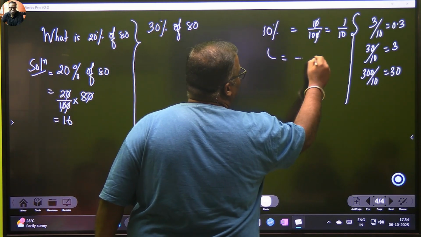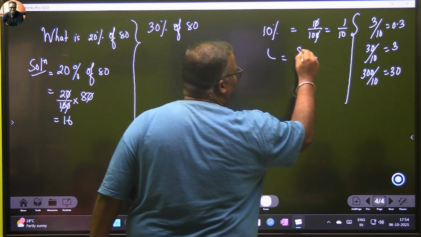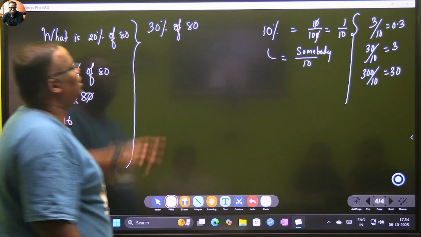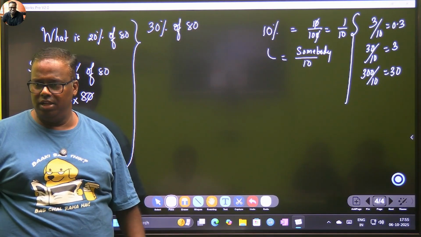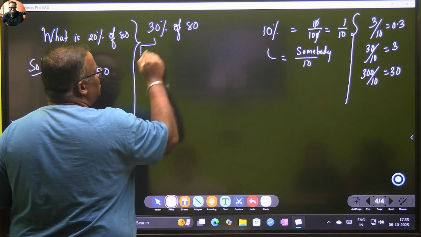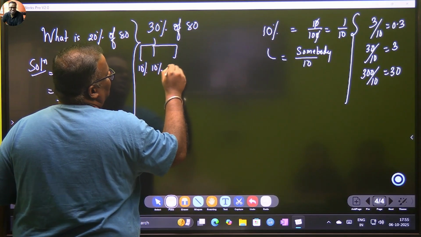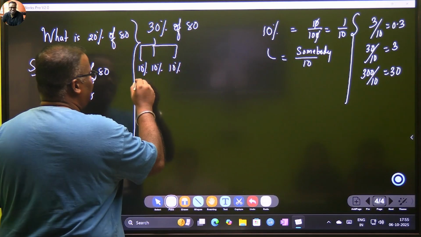it is somebody divided by 10. Simple. It is somebody by 10. Now in this case, that somebody is 80. 80 by 10 is how much? 8. So this is 30%. 30% is what? 3 10% together. 10% is what? Divide by 10. 8